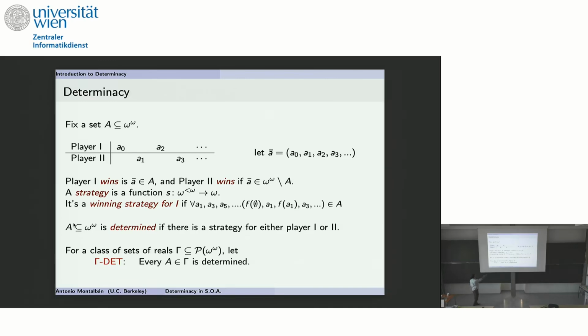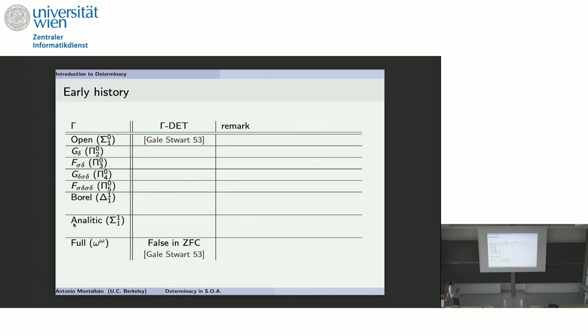So we're going to be analyzing how difficult these statements are to prove, how far up you can go within second-order arithmetic. Let me tell you a little bit about the early history of determinacy in this setting. One thing that makes determinacy quite interesting for logicians is that determinacy of a simple class of games can be very, very hard to prove. That gives interesting examples, because you have simple classes, but it requires a lot of power to prove it.